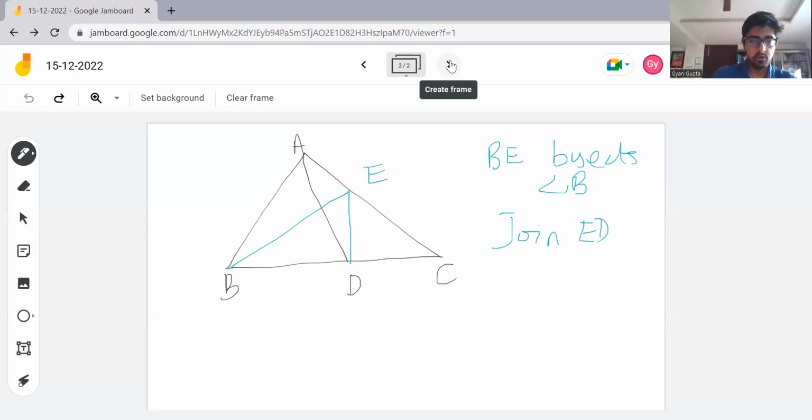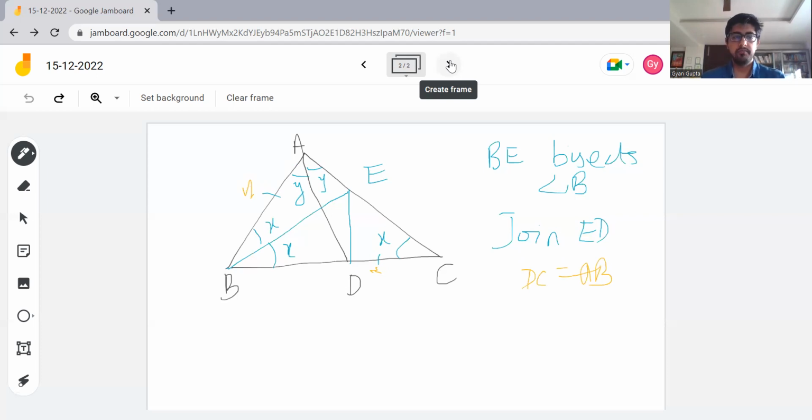These symbols just mean that DC is equal to AB. Perfect. So I constructed the bisector of angle B,